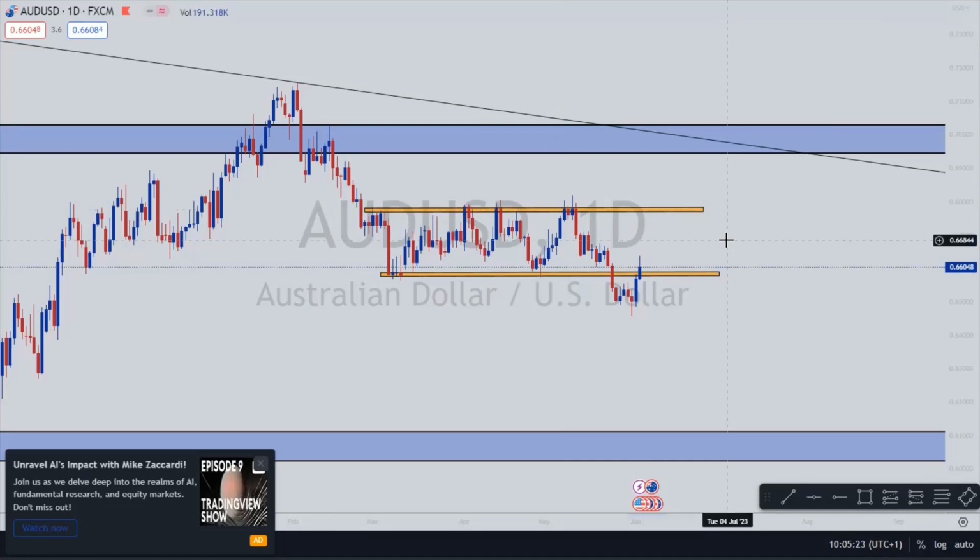So what do we know about the ranging market? As long as you're inside the range, if you don't know how to trade, don't get in there. Even if you know how to trade, still don't get in there, because it's tricky. You don't know where the market can turn on you. So in as much as I was expecting this market to go down here,